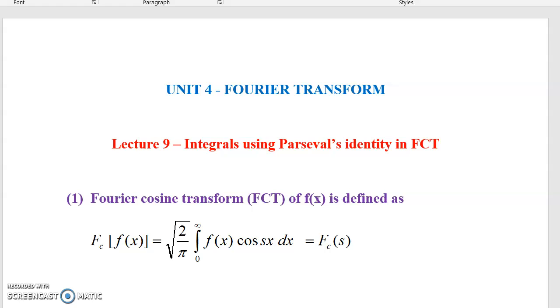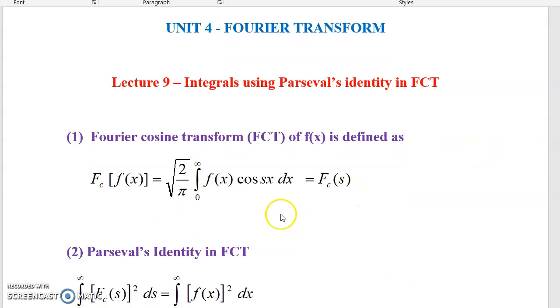Welcome students. In this lecture we are going to study how to evaluate integrals using Parseval's identity pertaining to Fourier cosine transform. So before starting the problems, let us have a glimpse of the Fourier cosine transform definition. Fourier cosine transform for a function f of x is defined as Fc of f of x is equal to root of 2 by pi integral 0 to infinity f of x cos sx dx, and the final output is denoted